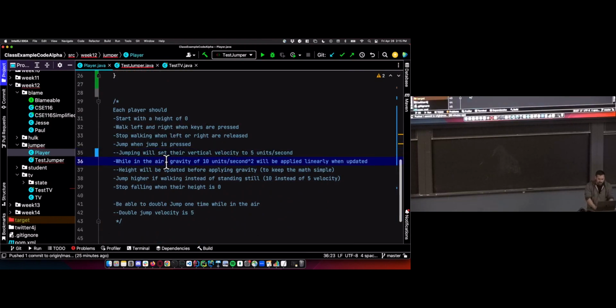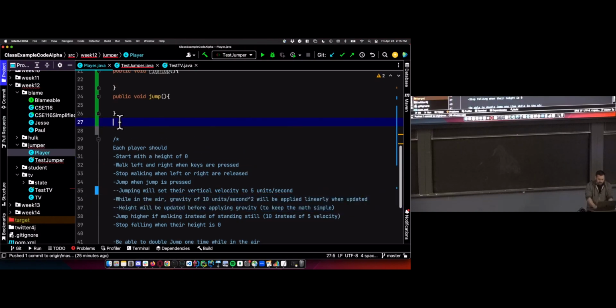Vertical velocity. While in the air, gravity of 10 units per second squared will be applied linearly and the height will be updated while we're in the air. So public void, we don't expect anything to be returned from all these void methods. Again, a button press doesn't return anything. And update, this is only going to change when we update while in the air. It's only going to change the state